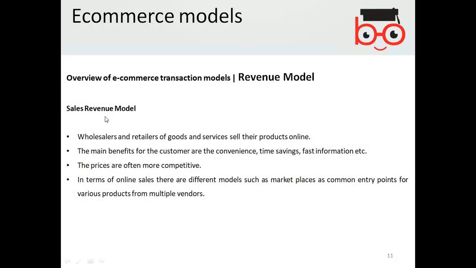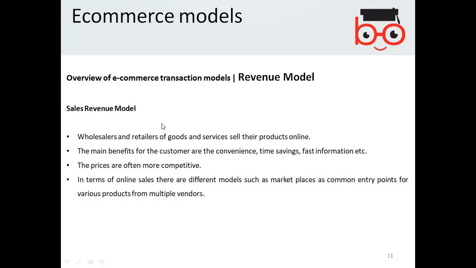Sales revenue model. Wholesalers and retailers of goods and services sell their products online. The main benefits for customers are convenience, time saving, and fast information. The prices are often competitive. In terms of online sales, there are different models, such as marketplaces and common entry points for various products from multiple vendors.